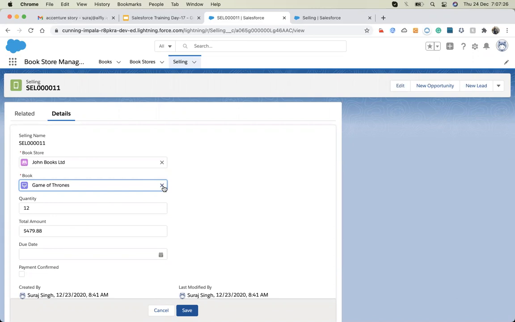So what is currently happening if I come up here and choose a different book? Why is it not letting me?